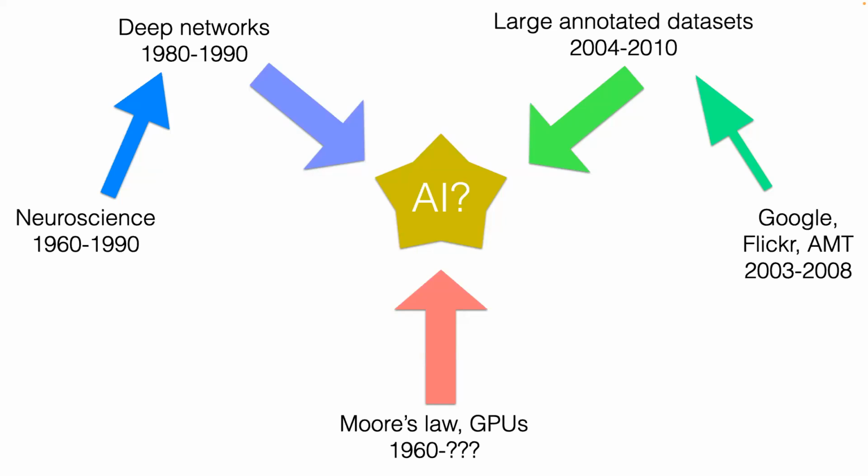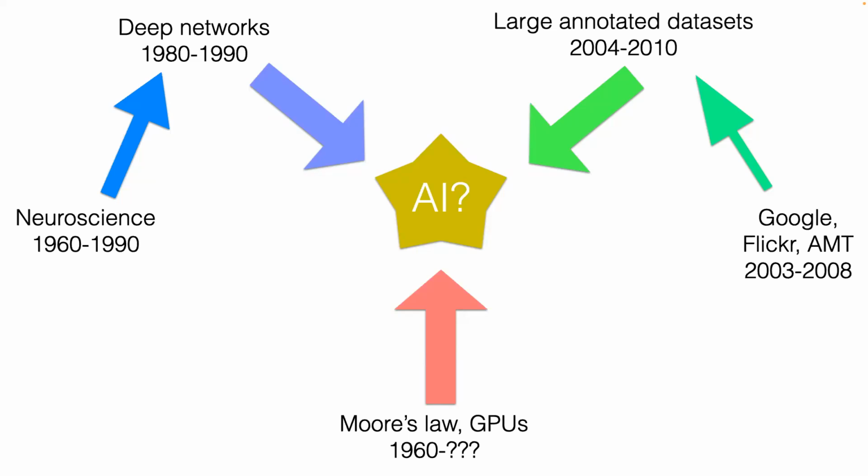One was Moore's law, which was producing ever better computers, more powerful, by doubling the number of transistors on a chip every 18 months. That's what Moore's law says. And at some point, those computers became fast enough that we could train really large deep networks, and so real experiments could be tried. The last piece of the puzzle to fall into place was large, well-annotated data